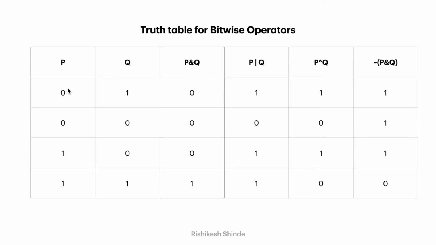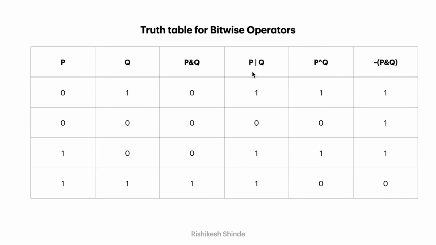Firstly, the value of P is 0 and the value of Q is 1. In binary, we don't have a choice; we only have zeros and ones. If we AND P and Q, as we do in logic in mathematics, we simply AND these two numbers, 0 and 1. The ANDing of 0 and 1 results in 0. As we know, in the AND operation we only get output 1 when both the values are true, that is, both the values are 1. So in this AND operation between P and Q, if we have different values, then we result in 0, that is false.